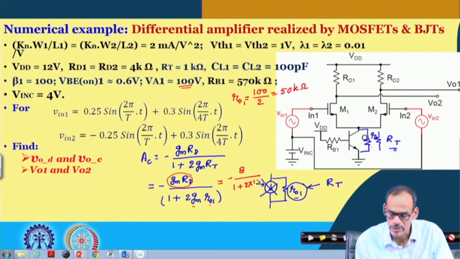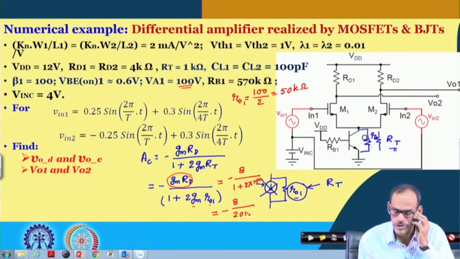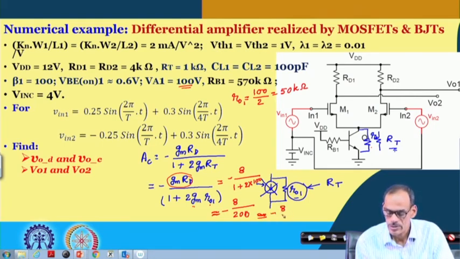So, that is 100. So, that is equal to minus 8 divided by 201. So, we may approximate this by 200. So, that is equal to, sorry, this is equal to 1 by 25,